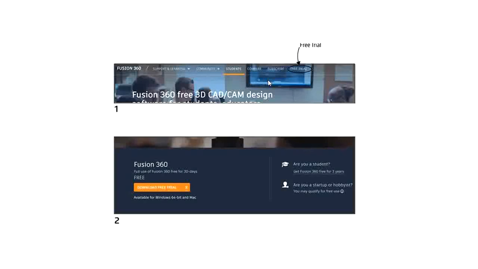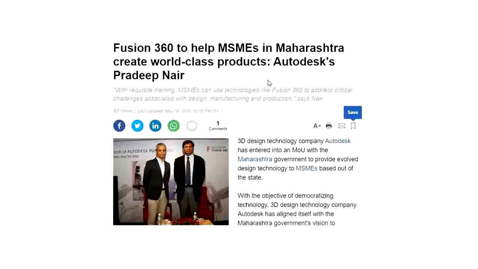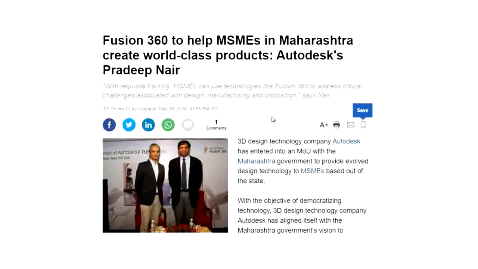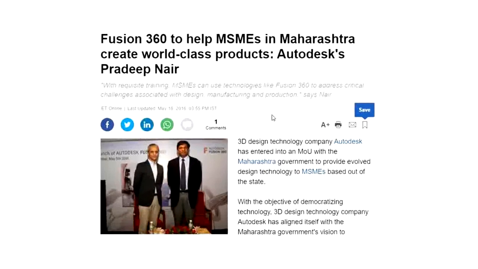Okay, our next topic is most important, that is the MOU between Autodesk and the Maharashtra government for the MSME tool sector. This MOU took place between Autodesk and the Maharashtra government in the year 2016. So Fusion 360 helps to develop the MSME sectors.